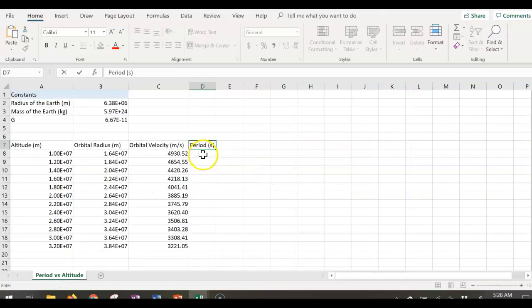Okay, and so the period of something that is in uniform circular motion, and this is a circular orbit, the period of something in uniform circular motion is 2 pi r divided by the tangential velocity. And so I want to say equals 2 times pi, and remember for pi I do pi open close parentheses, times r. Well, r is my orbital radius, so I go over here and click the cell for orbital radius to get that address,